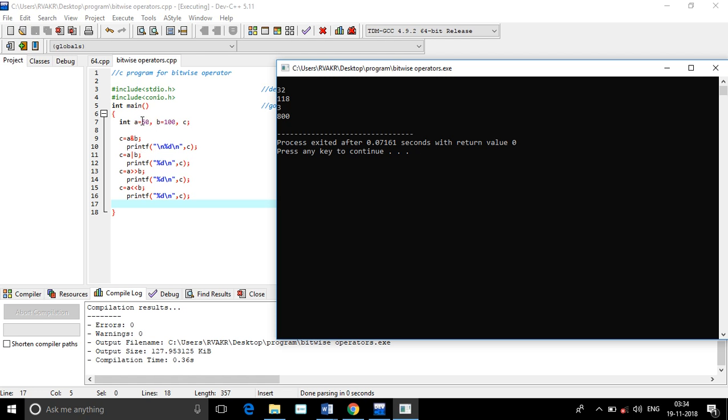One more thing you observe here: if you add the bitwise AND and OR, you get these values. That is 118 plus 132. So 2 plus 8 is 10, 10 plus 10 is 20, 20 plus 30 is 50, 50 plus 100 is 150. So this is the bitwise AND and bitwise OR. And